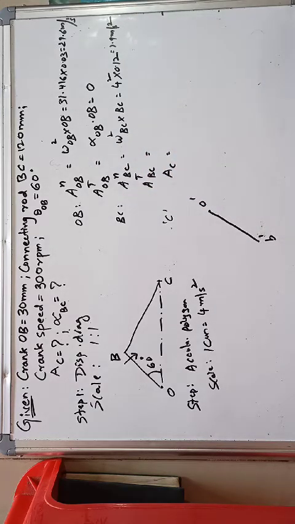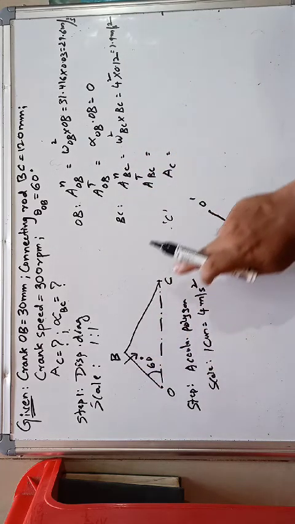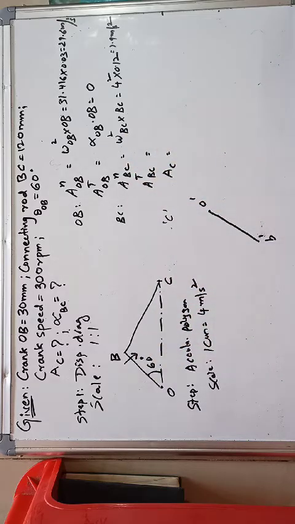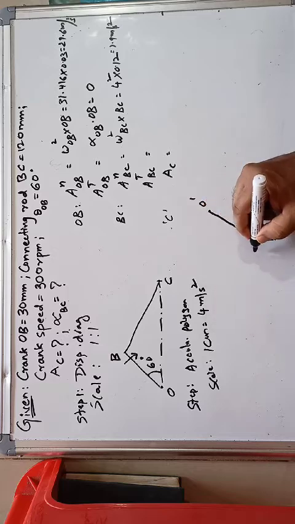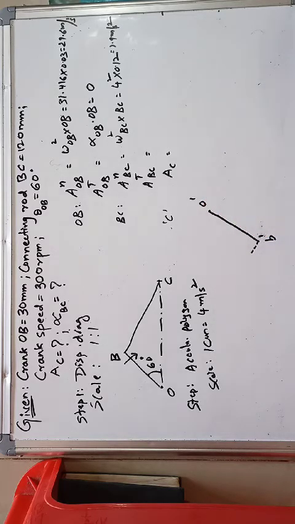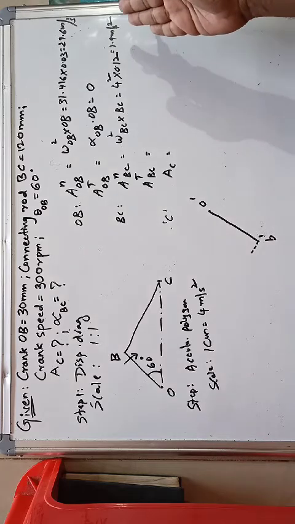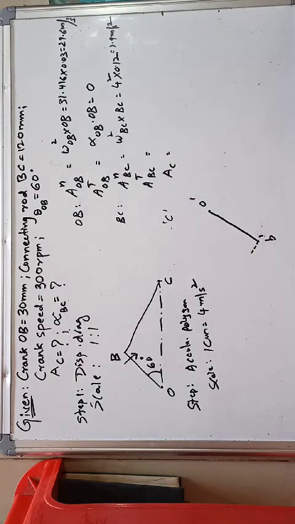It acts in a direction parallel to the link BC, because the normal component always acts in a direction parallel to the link. Therefore, I will just draw a dotted line which shows the parallel to the link. This point may come around 1.9 divided by 4, some 0.7 or something you are going to get. So this value I am going to get here, I will represent as xy. It is the normal component, right?